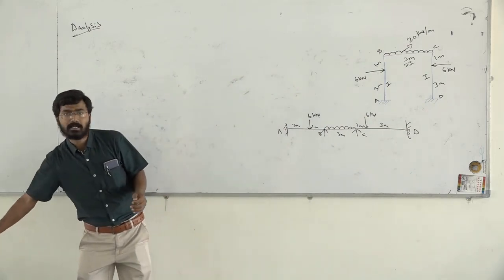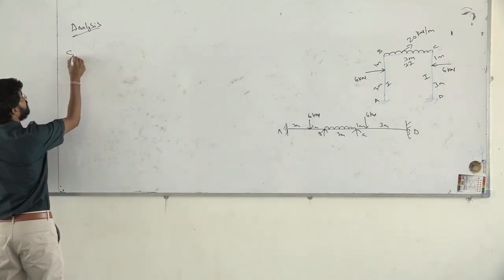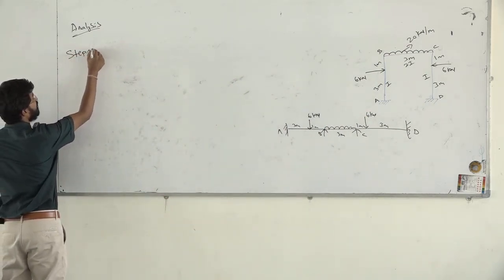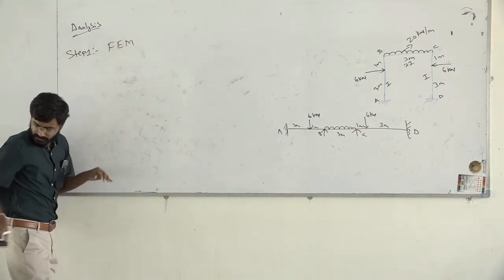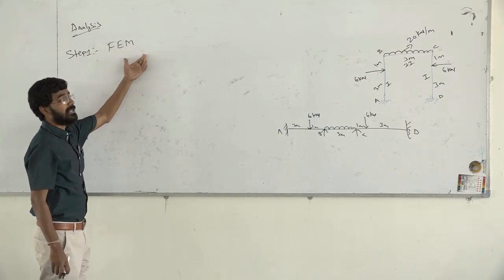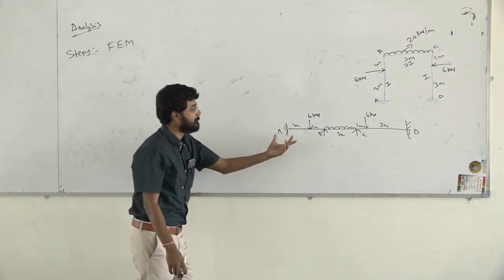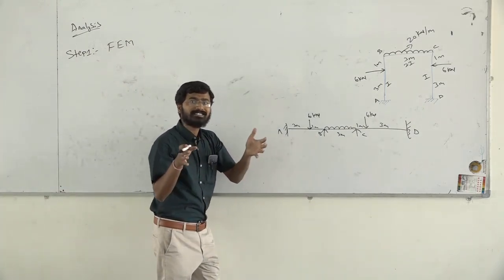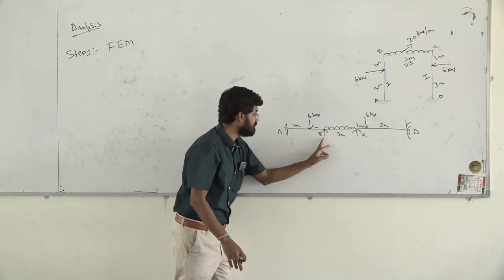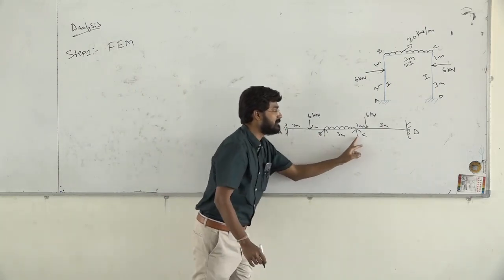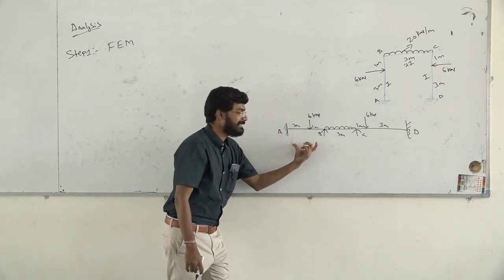Fine. Now what is our step 1 over here? Step 1, we have to go with fixed end moments. What do you mean by fixed end moment? Fixed end moment is nothing but, for each and every member we take, if this is the member AB, member BC and member CD, let us take each and every member.